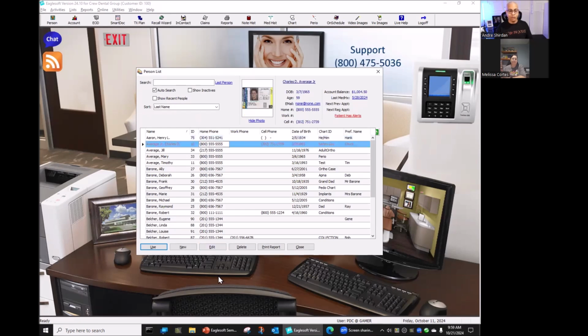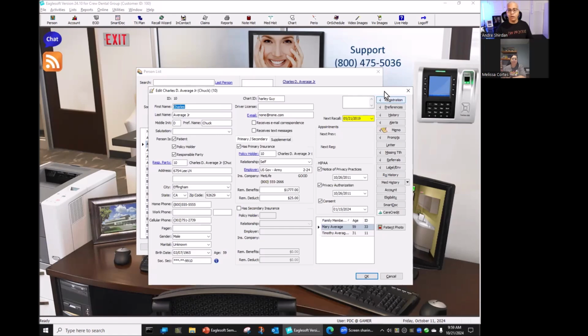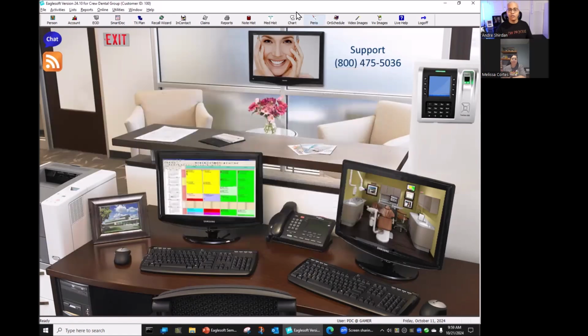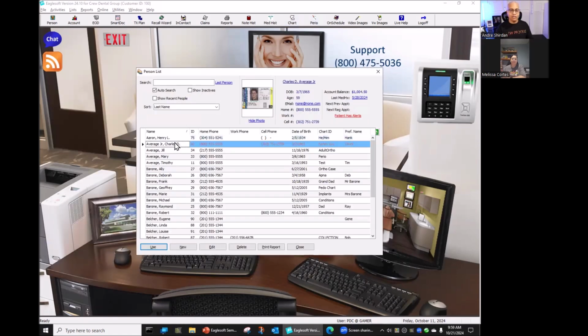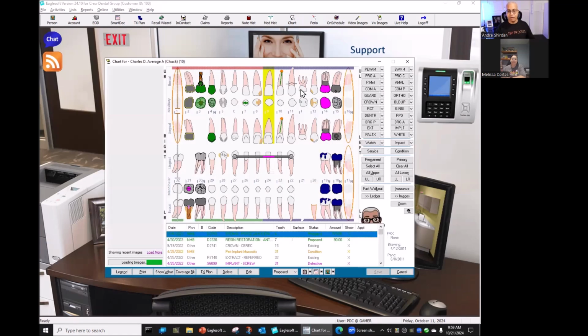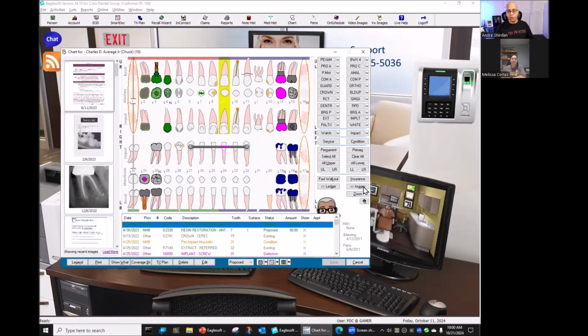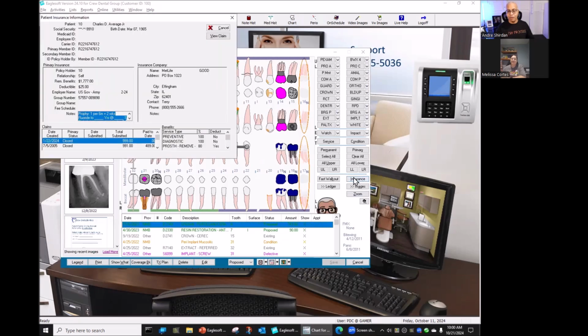One of the really cool things is all that hard work that somebody just did, we went to the wrong place. Once we're actually going into the patient record from the clinical area, all the hard work that you did now shows up on that insurance button right there in your notes. So your clinical people can view this information, and the cool thing is it's not something that they can edit. It's read only, so you don't have to worry